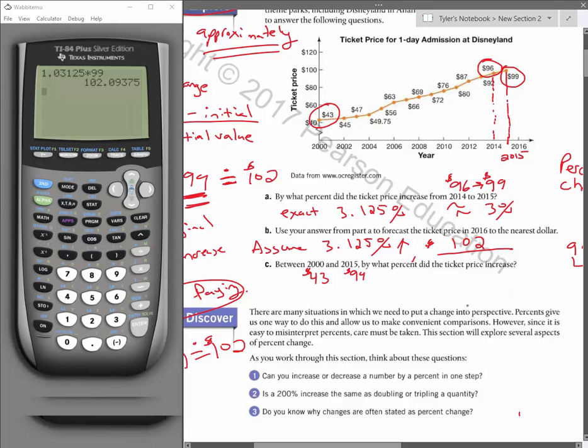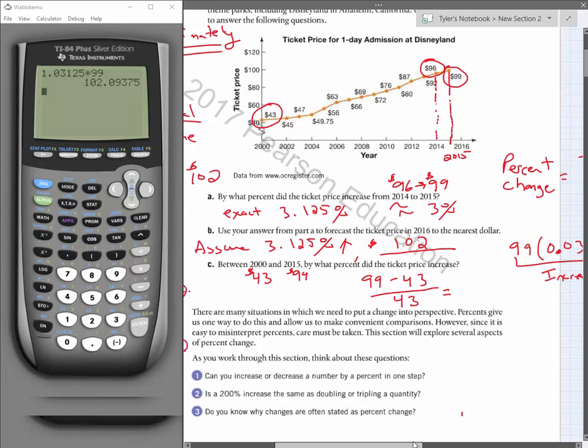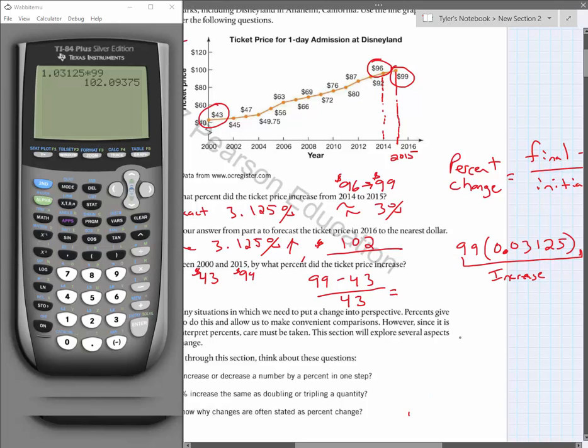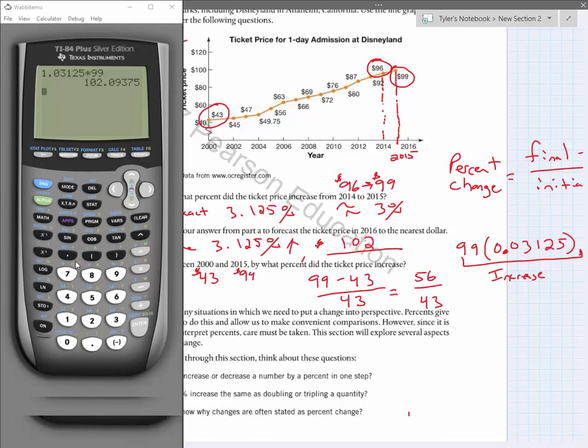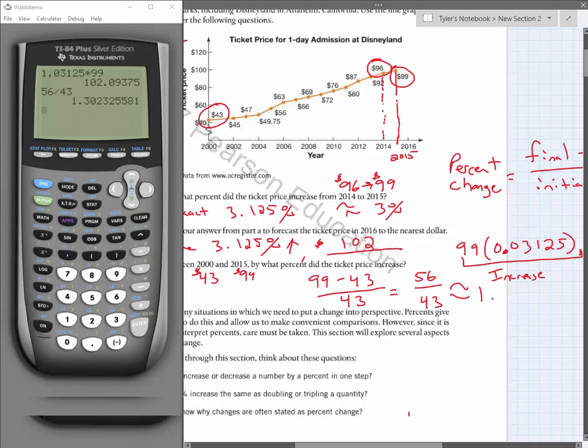right? So if I just plug this into my equation before, right, so I take the final amount minus the initial divided by the initial, right? Then this gives me 56 over 43. So if I plug this in my calculator, 56 divided by 43, we get roughly 1.3023,